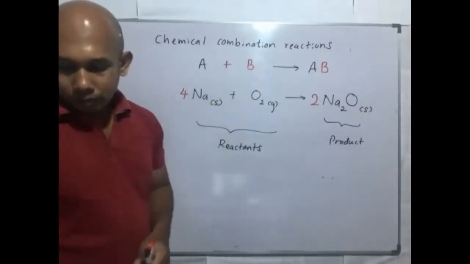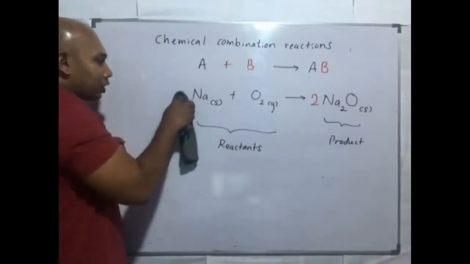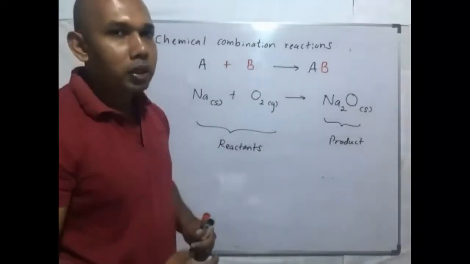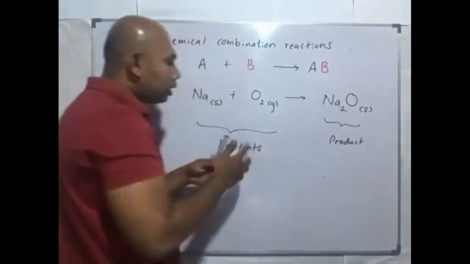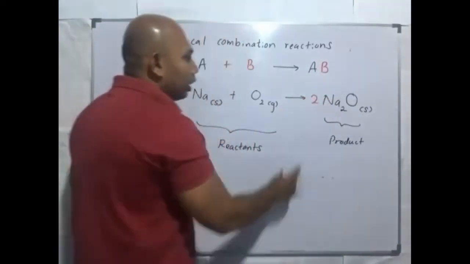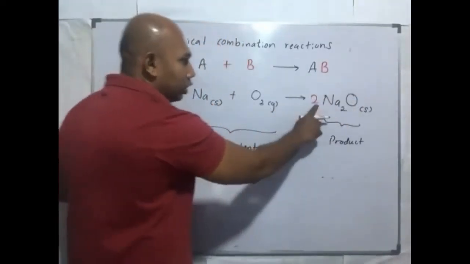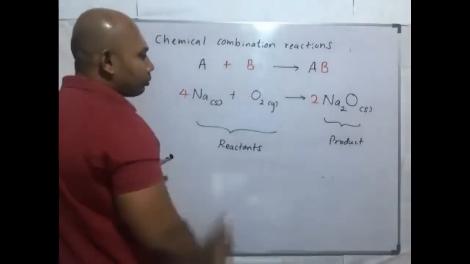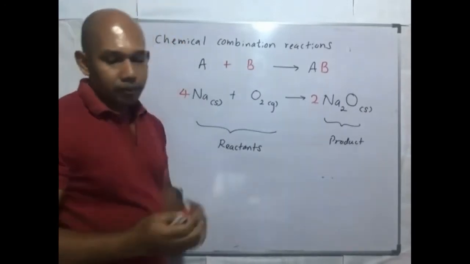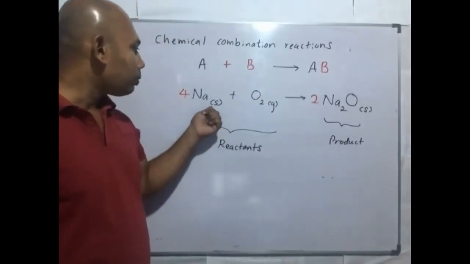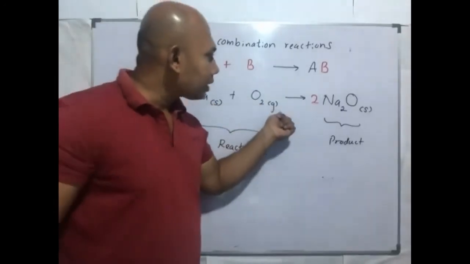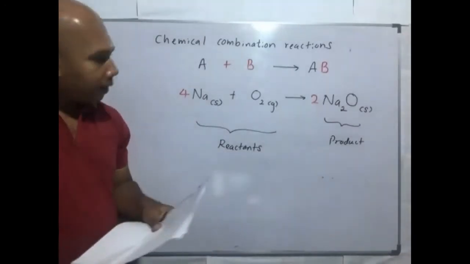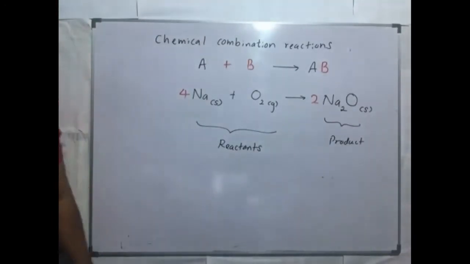And again, if it is not balanced and we have to balance it, how can we balance? By removing the odd number. This odd number is multiplied by 2. Then 2 oxygen to 2 oxygen. 4 of sodium here, multiplied by 4. 4 sodium, right? This is the first reaction. And these are the physical states: sodium solid, oxygen gaseous, sodium oxide solid. So write the first reaction and balance it.